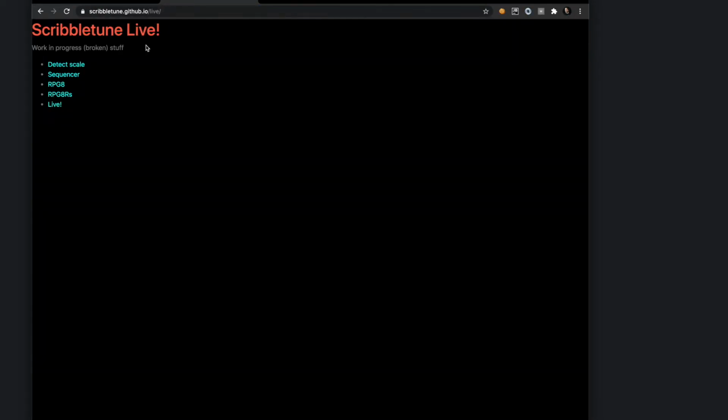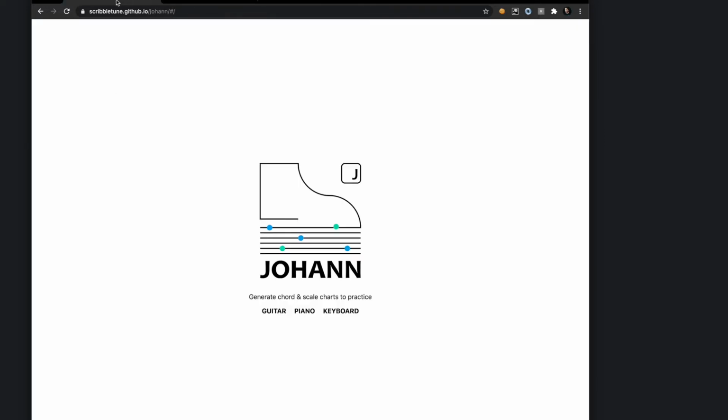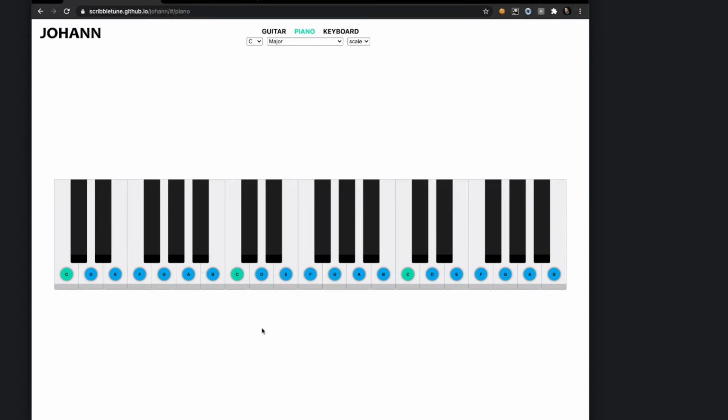So if we go to this project of mine, no, okay, sorry, not this one, maybe this one. So this is a set of broken stuff that I have online. It's work in progress mostly, and there's this app over here called Detect Scales. It's a very rudimentary app at the moment, but it can help to outline the problem that I have faced recently. So the feature really that I want to make available either through a Max for Live device or through a browser-based device or whatever.